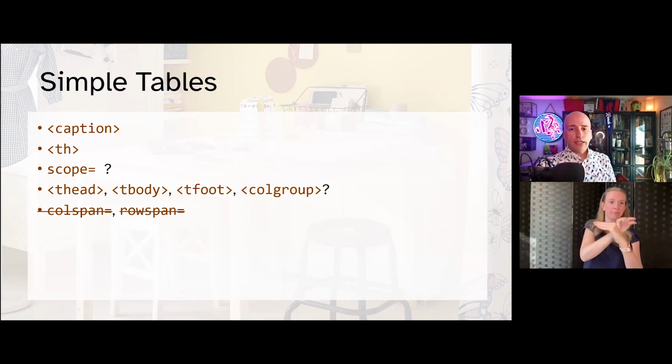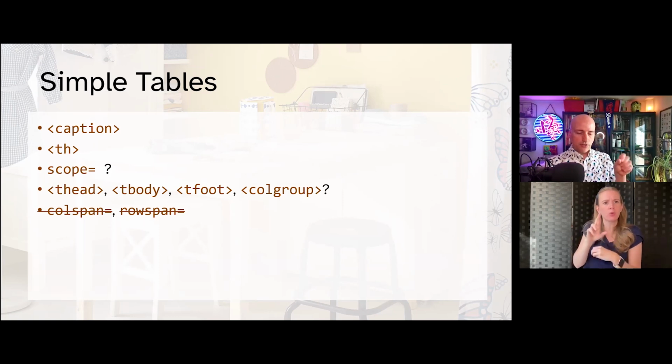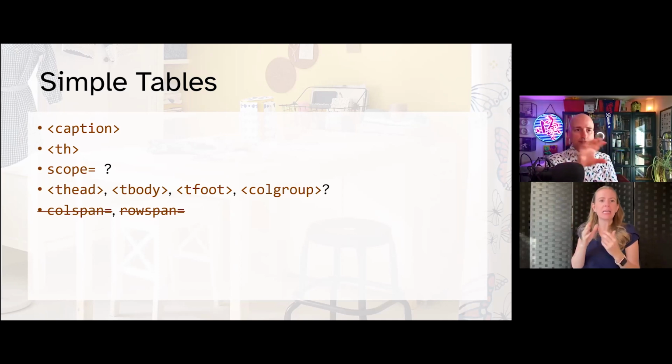The only time you may need to set a scope attribute is in the very first cell of the table, where it could either be the row header for all the column headers or the column header for all the row headers. And yes, I understand it's confusing to talk about a row header for column headers and a column header for row headers. Even I did that hand gesture completely wrong.